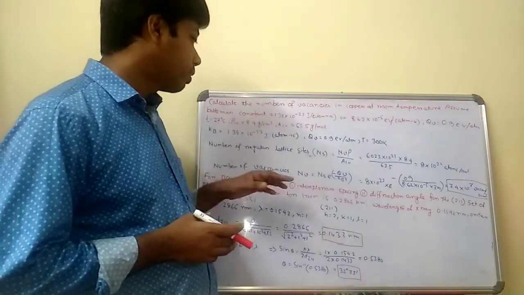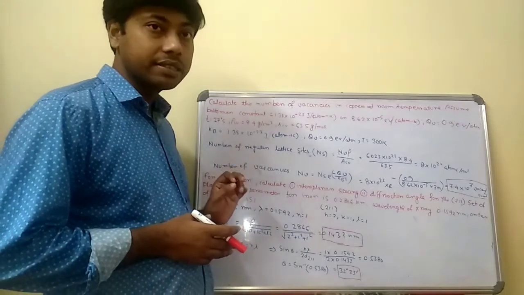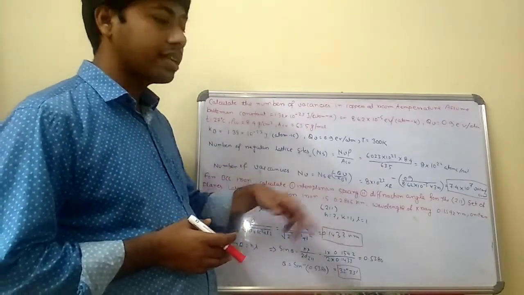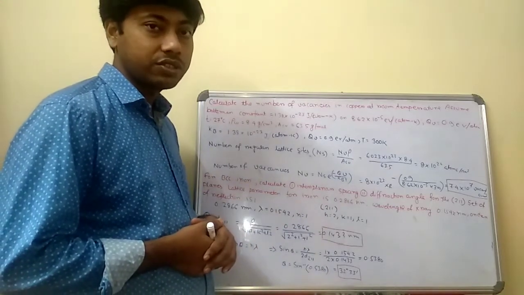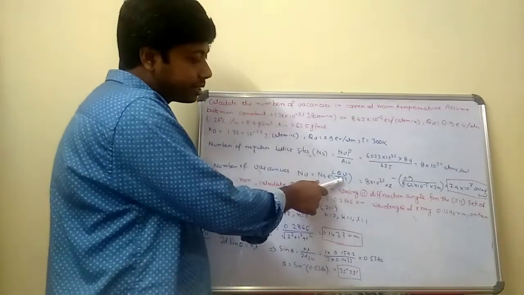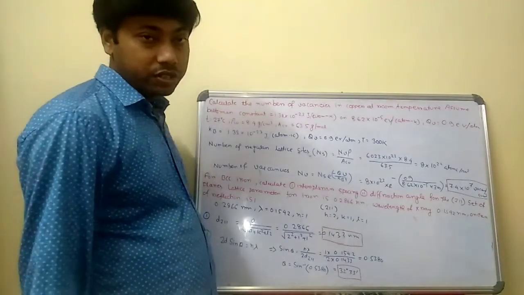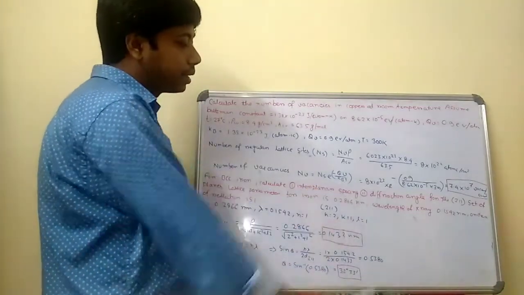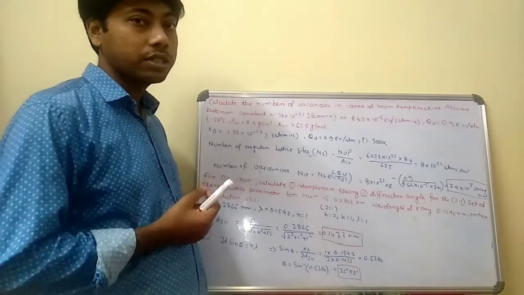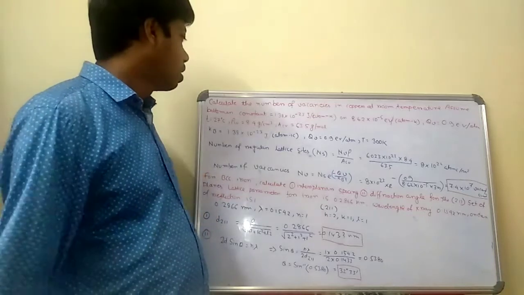Ns is the number of regular lattice sites, QV is the activation energy, KB is the Boltzmann's constant, and T